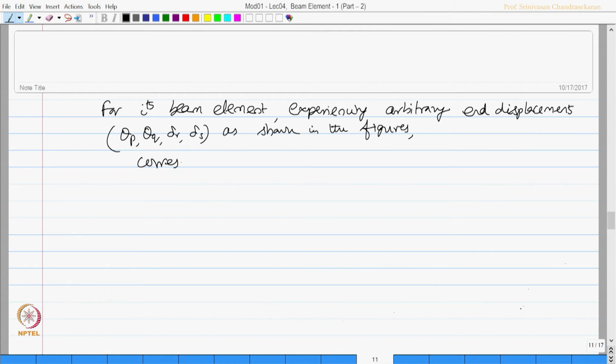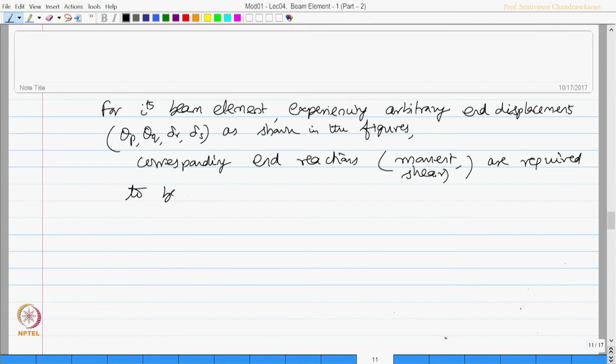Corresponding end reactions. What could be the end reactions? It could be the moment, it could be the shear. Okay. Or required to be estimated. That is our job. Okay. They need to be estimated